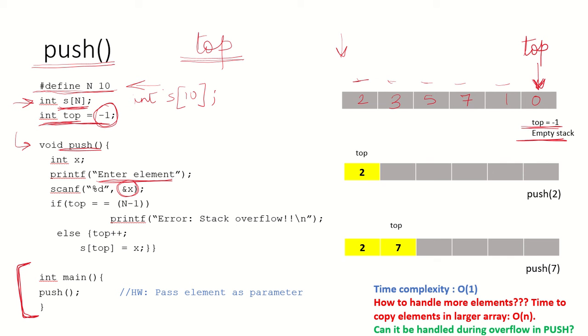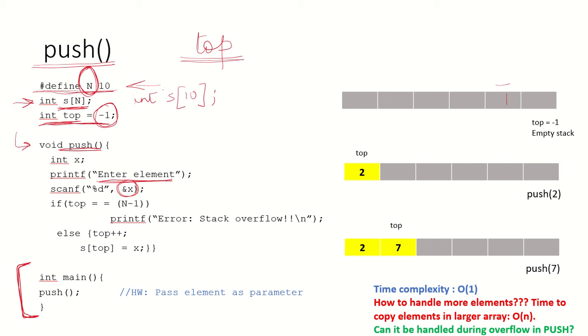When will this condition be true? When the stack is full. When top is equal to n-1. N is the size of the stack, that means the maximum number of elements that can go in the stack. Since the indices start from 0, the last element would be at index n-1. So if top is equal to n-1, that means the stack is already full. So in that case, we should say that the stack is full, and this is going to result in an overflow condition. In this case, we cannot add more elements into the stack.